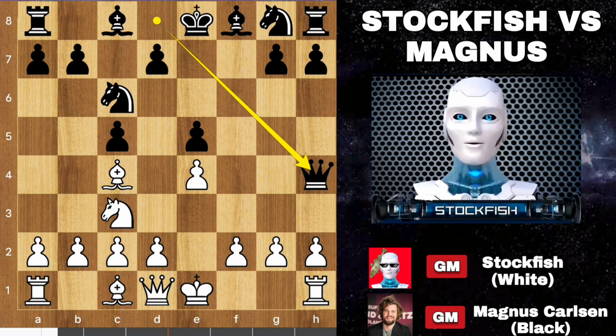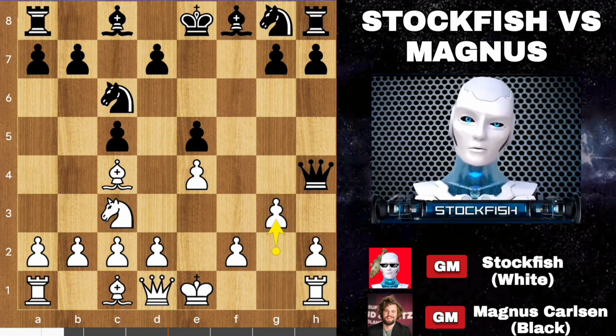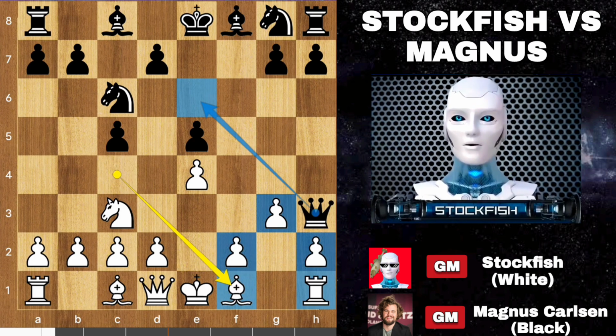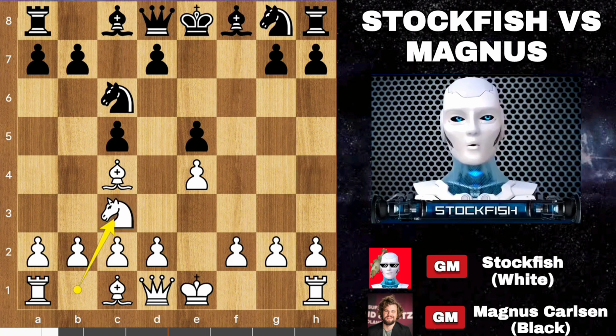Let me show the variation. If queen h4 happens, then it's not castle, it's g4, the right move. Queen here, bishop backs, the queen will run back all the way. But the problem is that black makes white's position cramped, but in our game, Magnus played knight to f6,